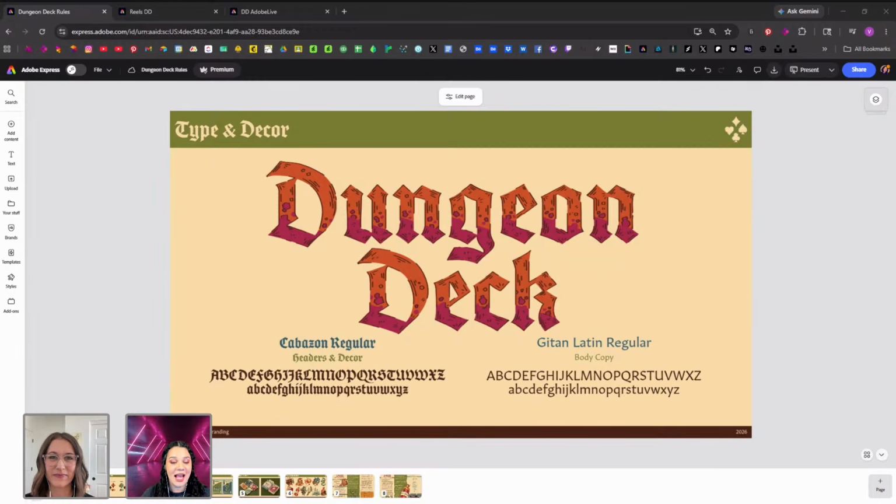Recently, I started working on this project with my buddy Potch. It is a tabletop game. This is a use case for Adobe Express working with illustration for a real project that I'm working on. Dungeon Deck is an adventure tabletop game that could be played with a deck of cards.